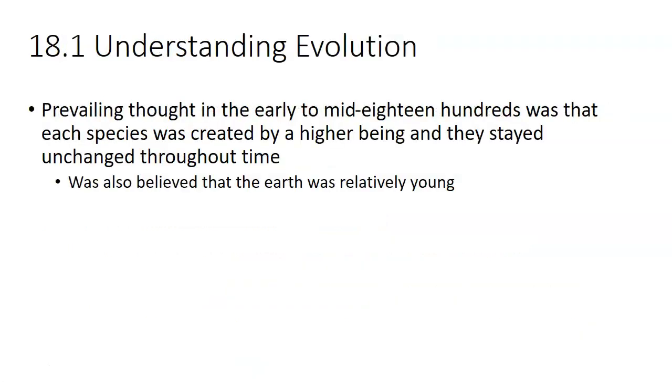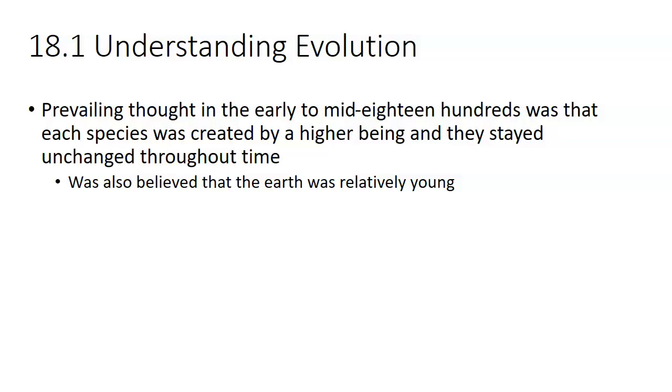So the next slide here. I want to give you the history of how this theory of evolution really came to be. And so we're talking about the mid-1800s when we start to talk about this theory coming to light. Prior to the mid-1800s, the prevailing theory of that time was really built in religion. And so what scientists or non-scientists believed in those days was that each species was created by a higher being, so God, and that they stayed unchanged throughout time. And so each species, so humans, for example, were created by this higher being,